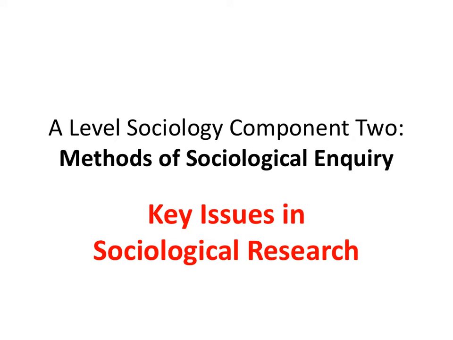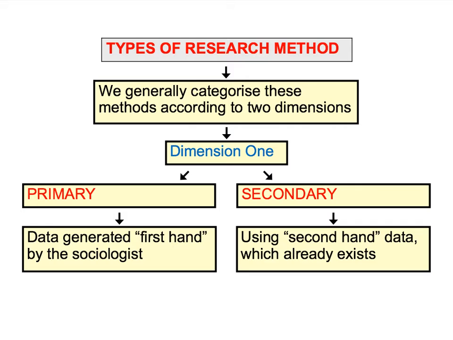Welcome to the second component to screencasts for methods of sociological inquiry, and in this video we're going to focus on some of the key issues that influence the sociological research process. Now, there are lots of different ways in which sociologists do their research, but we can generally categorise these approaches according to two dimensions. Firstly, research can either be based on primary data or secondary data, or a mixture of